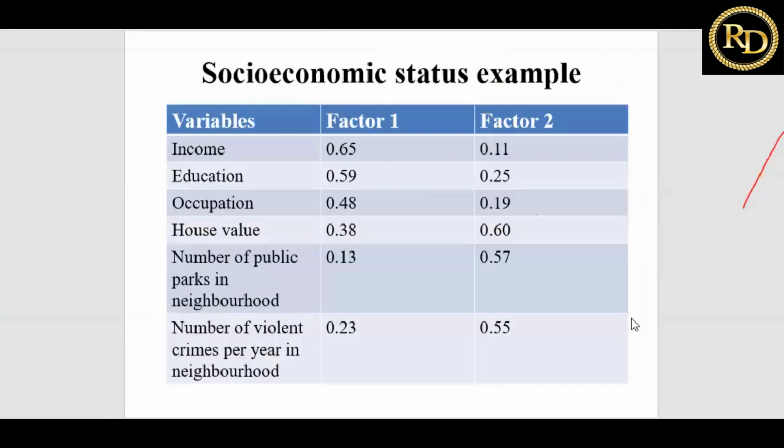Here you can give socio-economic for factor 1, and if it is household value, that can go for factor 2. These kinds of nomenclature you can give in this case. Factor 1 and factor 2, you can decide, because you are the researchers, you have gone through so many literatures, and accordingly you can find out the suitable names for these factors. Okay,